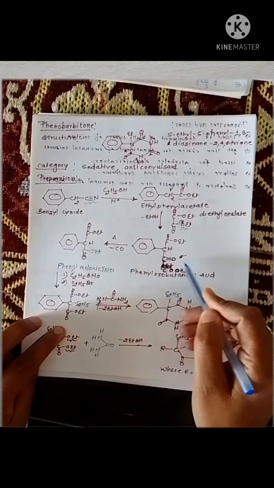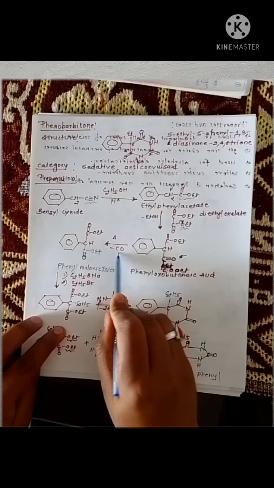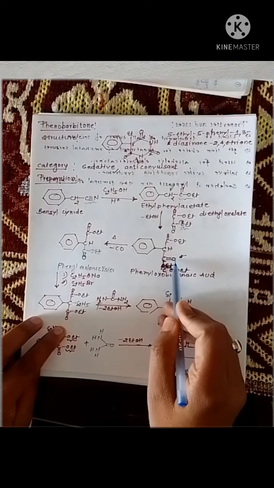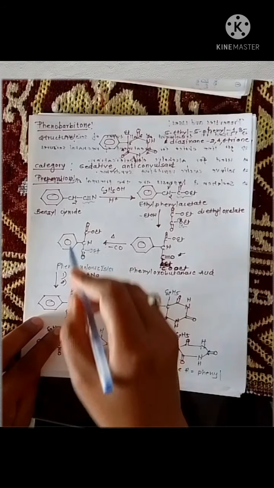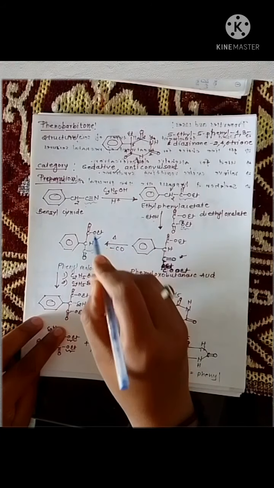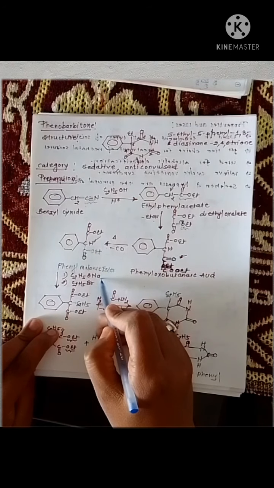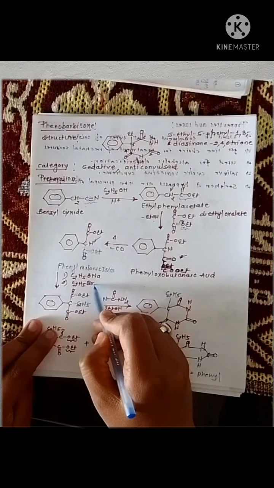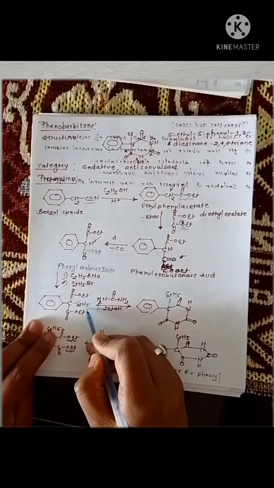When this phenyl oxalyl acetic ester is heated, it basically undergoes decarboxylation, so the CO2 group is removed from here and we get phenyl malonic ester. We know that in a malonic ester this hydrogen is acidic in nature, so when the phenyl malonic ester is treated with a mild base, for example sodium methoxide or ethoxide, followed by treatment with ethyl bromide, this hydrogen is removed and C2H5 comes there.